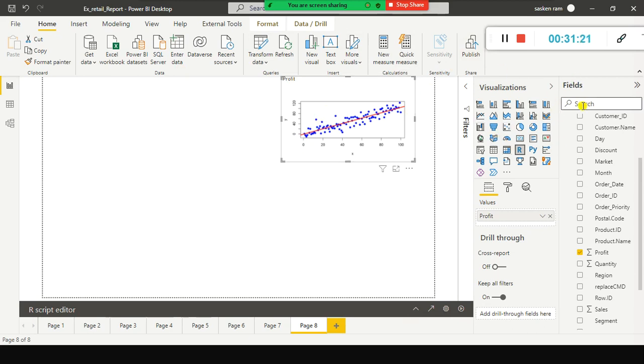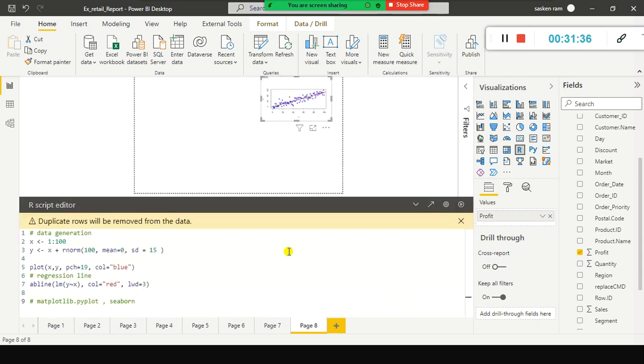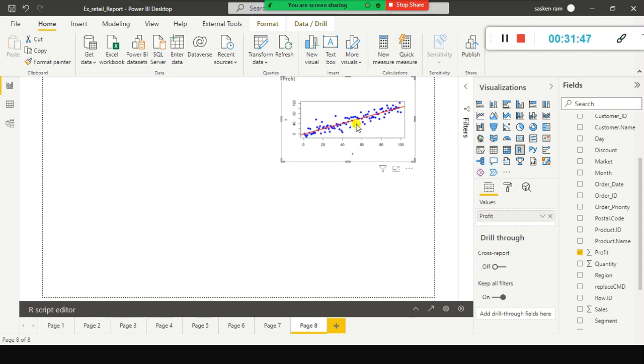So the question I'm trying to address is, you have a lot of visuals here. You might be asking, why should I go and import it from R? But in R and Python, you can implement machine learning models. Now we fitted a linear regression model here. We fitted a linear regression model using the LM function. This is a machine learning model, a linear regression model. This model also we plotted. With that we can see whether the observations are as close to as many data points as possible. With this we are able to understand, yes, good. The linear regression model is fitting very well.